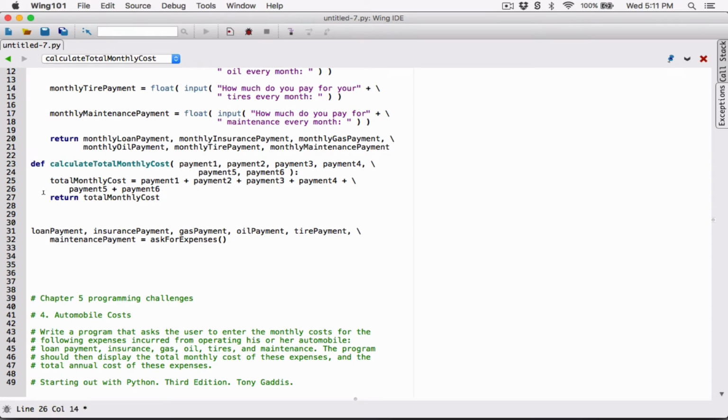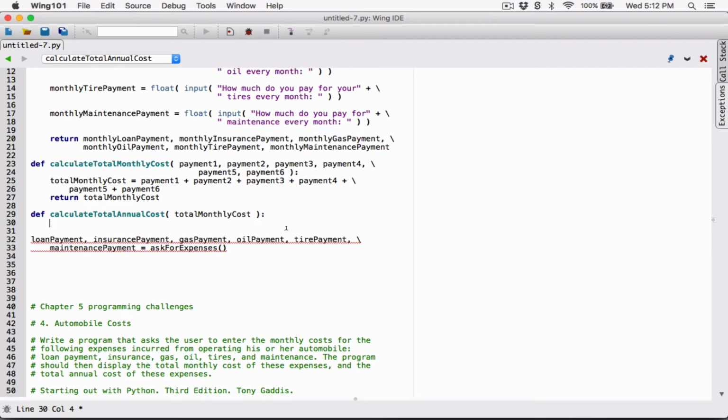Okay, we're going to go ahead and define a function, call it calculate total annual cost. It's basically going to be how much you pay for a month times 12, how many months are in a year. So calculate total annual cost is going to receive something. It would want to know the total monthly cost, how much you're paying for each month, the total expenses you're paying for each month. So it would need the total monthly cost,